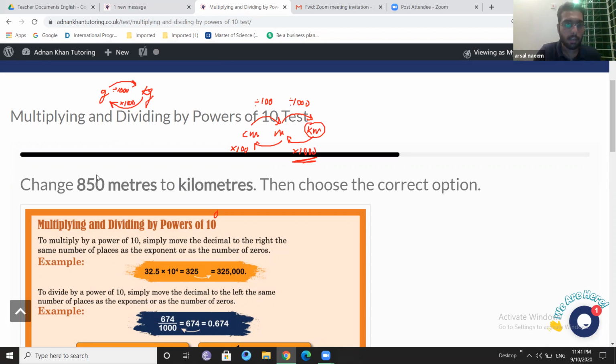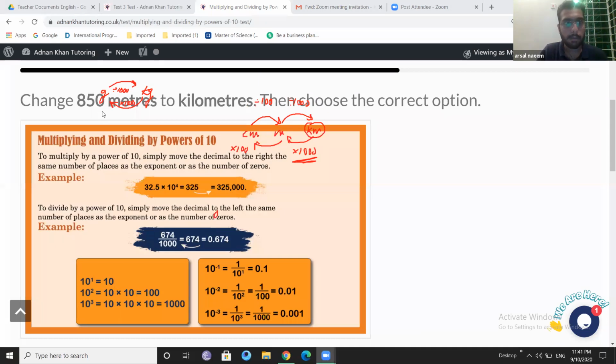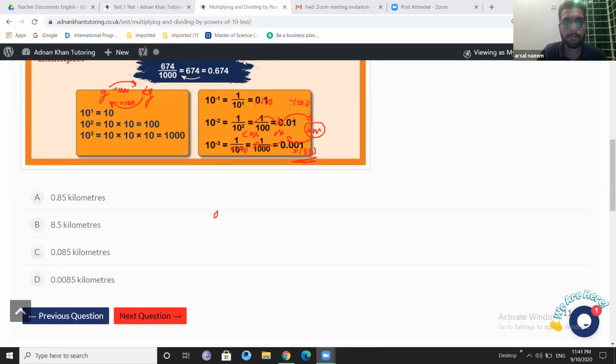So if it's meters to kilometers, you should divide by 1,000. We are currently at this position over here, and we have to move to this. So we do divide by 1,000. That is all right. So what do you do when you divide something by 1,000? Divide 850 by 1,000. What do you have for the answer? It should be